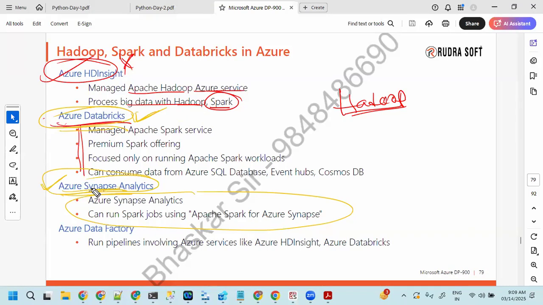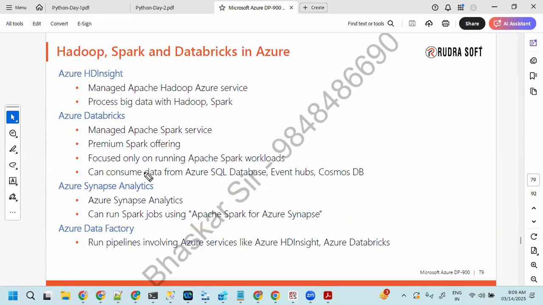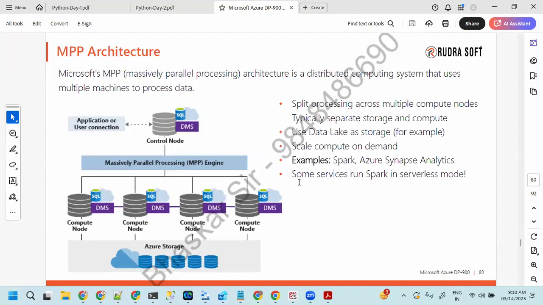Because of that reason, they came up with Fabric, and we have seen Data Factory already. I just took it here again to run the pipelines. We can use this Azure Data Factory to integrate your Azure HDInsight and Azure Databricks. This is important. We are going to use Azure Databricks with Azure Data Factory also. We'll see that.